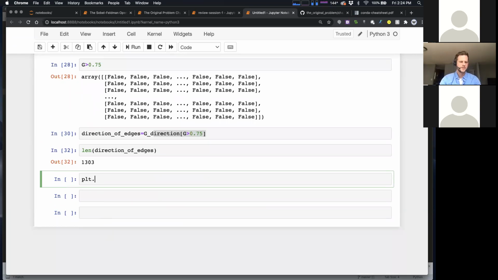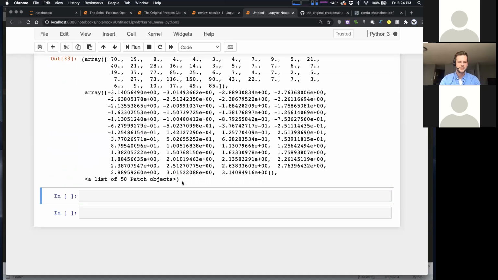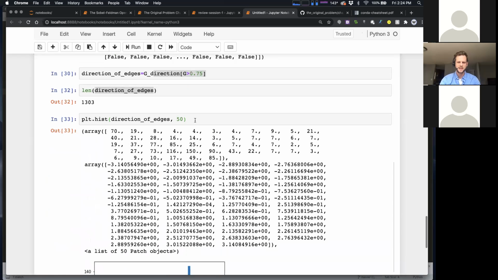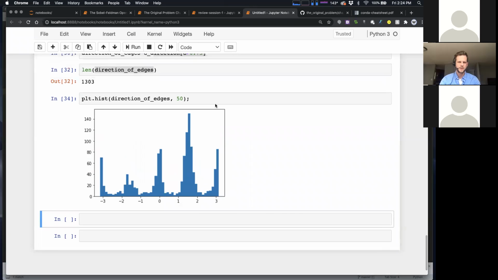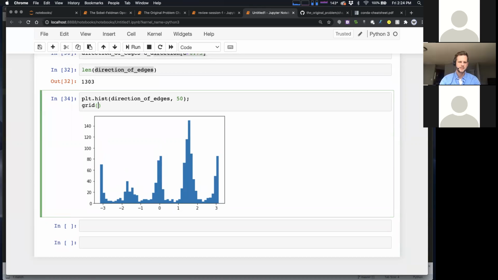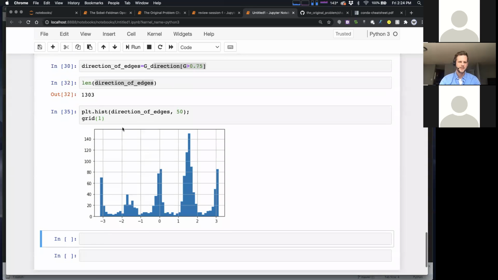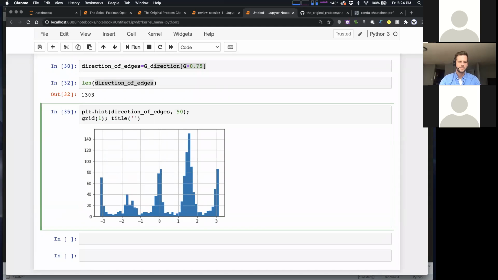So I'm going to use a method called histogram, plt.hist, and I'm going to make a histogram of all these directions. I'm going to use 50 bins in my histogram. You'll see what that means in a second. I'm going to turn on my grid just to make this look a little nicer. And let's put a title: direction of edges of brick.